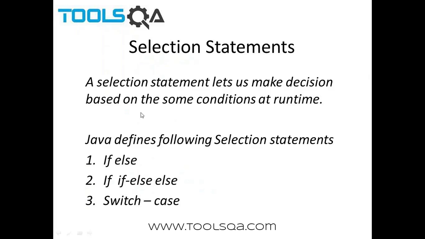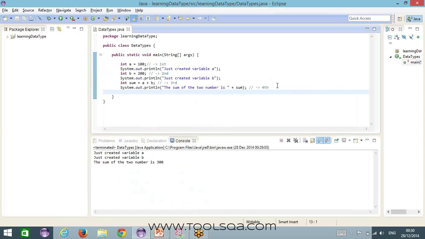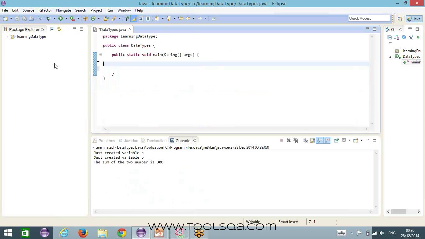So in the selection statements, we have three main types of statements, which are if, if-else, and switch case. Let me just write a program, because that is the easiest way to explain these things. So let's say we have two integer numbers, A and B, and they have values like this, right? And now I want to write a small piece of code